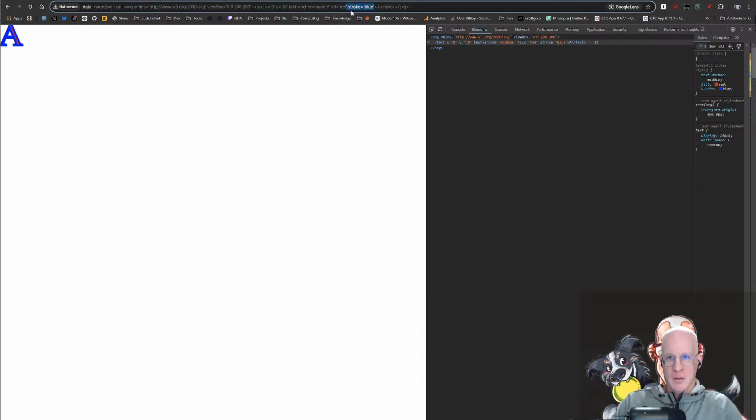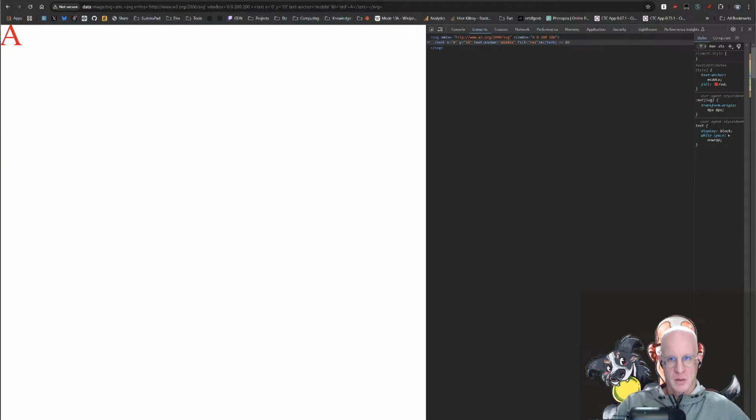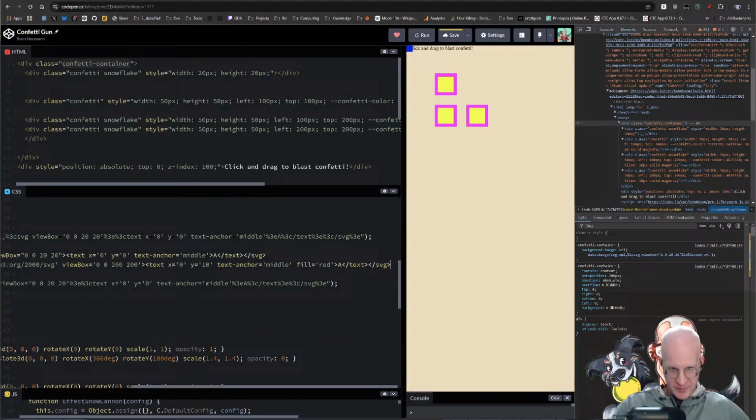All right, if I say, I'll go back to here, red. Okay, all right. Okay, let's go back to where we started. It's possible that all we were missing was a fill here, and that the text was in a weird spot. If I do this and say fill equals red,